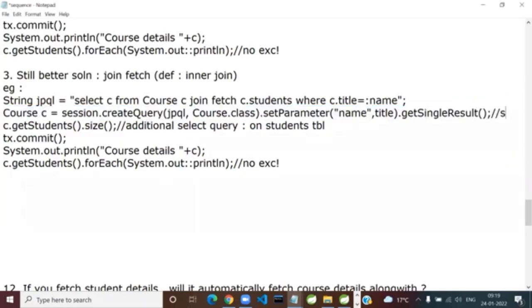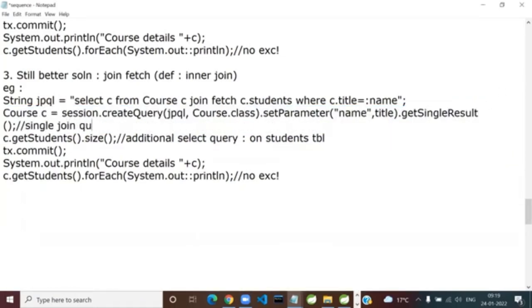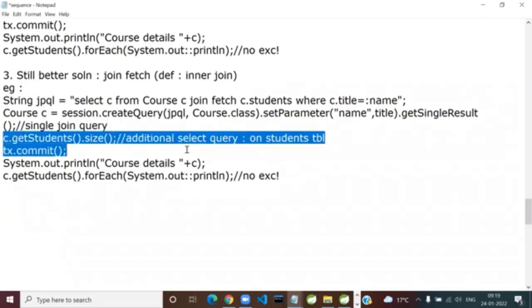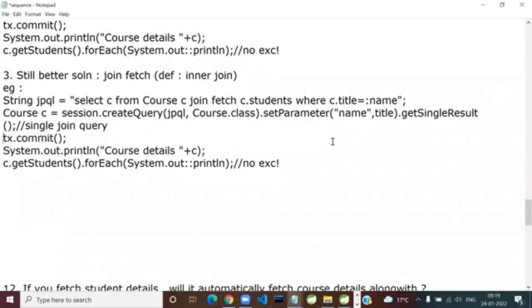Here itself, a single join query will be fired. And do you require this to access the size of the students and all that? Absolutely not. So no exception, and data retrieved in a single join query.